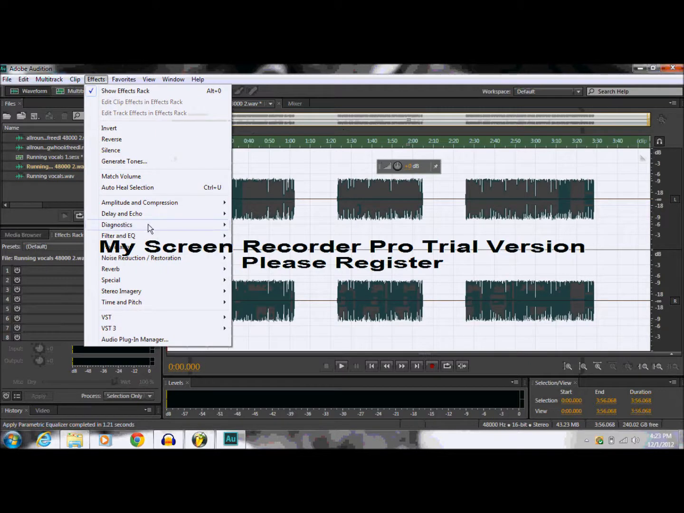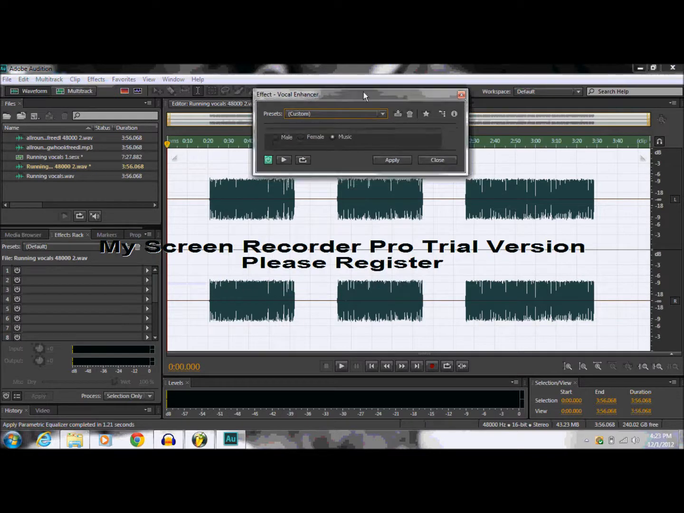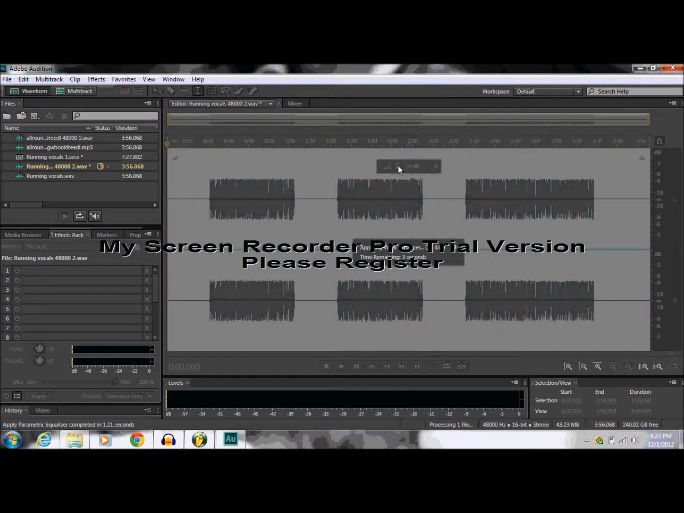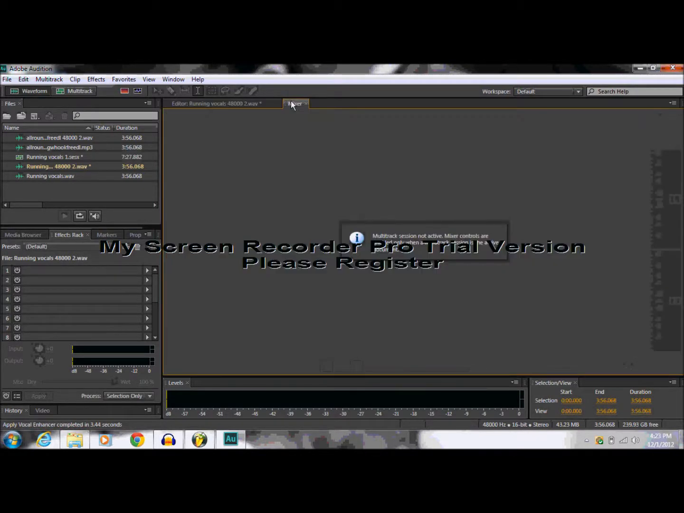What else can we do? They have a preset here for mastering, but I don't recommend it right now because you'll be doing that later. And then they have vocal enhancer, which is always good. I use the music one right here, which I usually just click on and apply. It really doesn't make that much of a difference, you can barely hear it, but if you put too much,